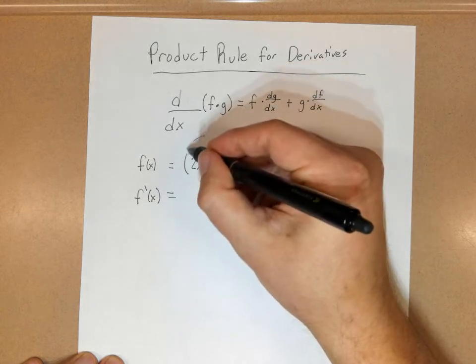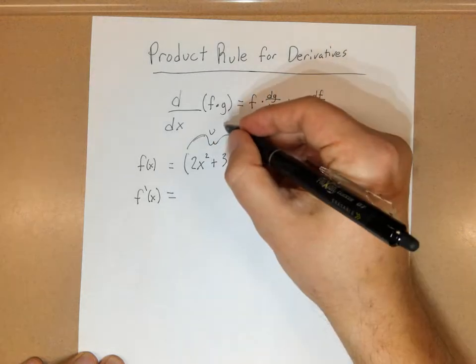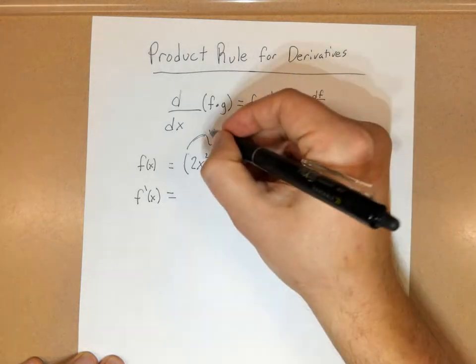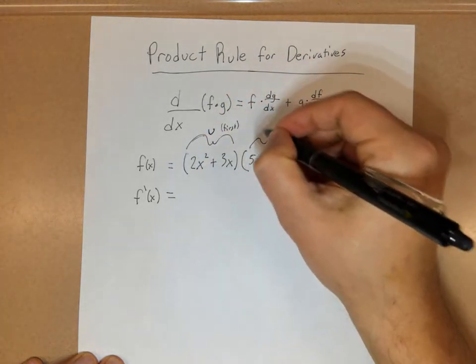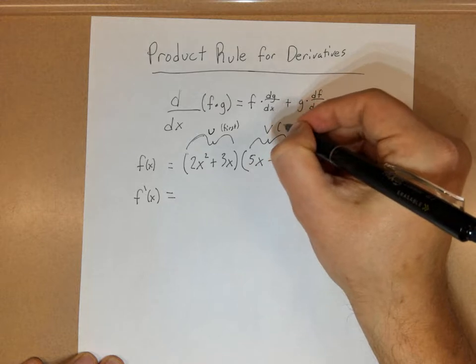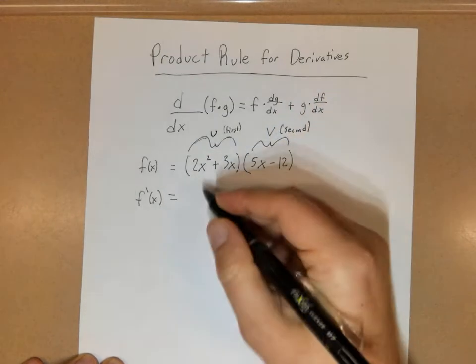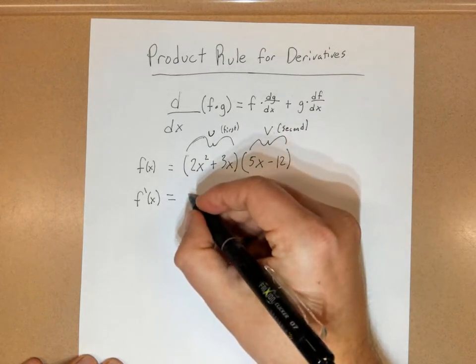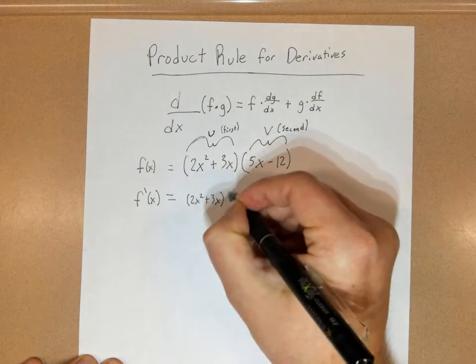Like if you're using the letters u and v, let's say that this is my u or my first, and let's say that this is my v or my second equation. So what I can do is that my derivative would be the first, so 2x squared plus 3x, times